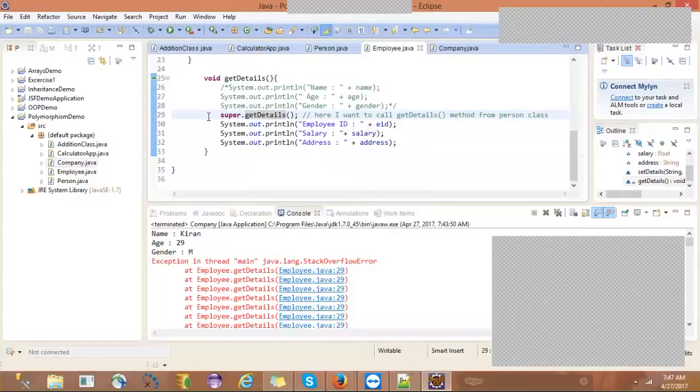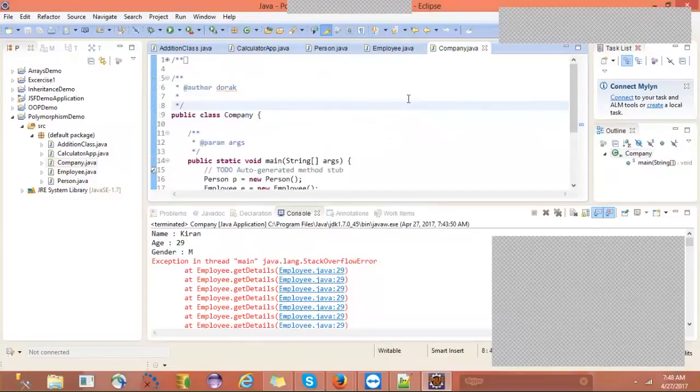Super is the keyword which is used to refer to the superclass object from the subclass. If you have the same names for superclass members and subclass members, whether variable names or method names, then to resolve that conflict you can use the super keyword. Is it clear guys? Yeah, Vishnath, Teja.